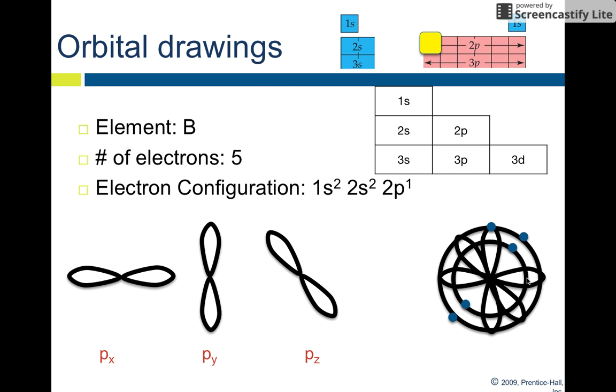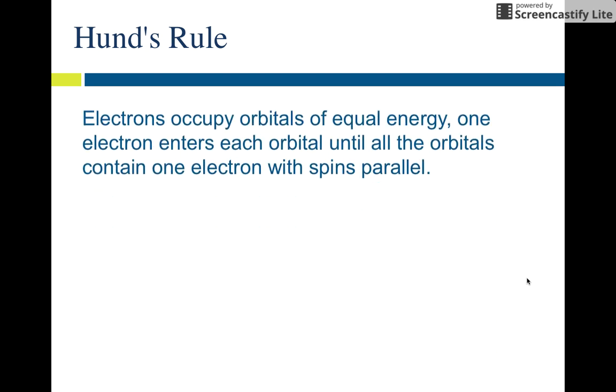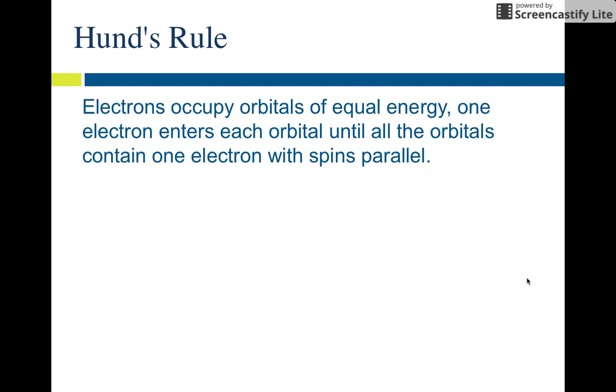Okay, we're ready for our next rule for how we place these electrons. And this one is called Hund's rule. So Hund's rule states that if we have a series of orbitals that are of equal energy, like in the case of all of our p orbitals, one electron must go into each orbital until all of the orbitals contain one electron, and then we can start to pair them up. So what this looks like is